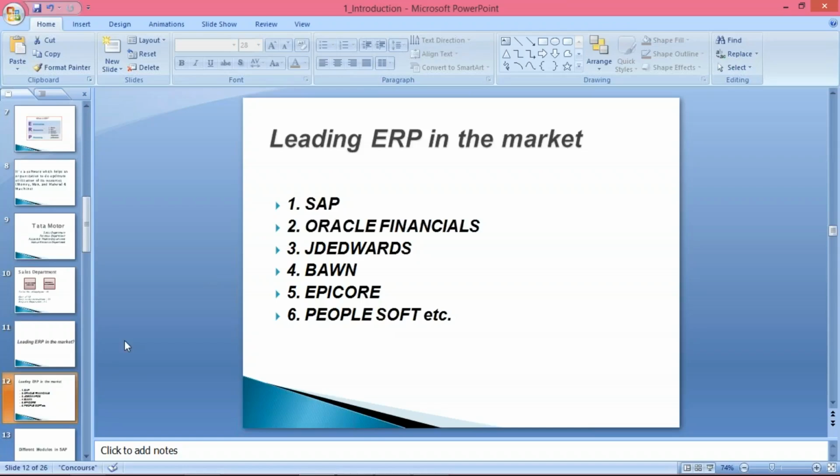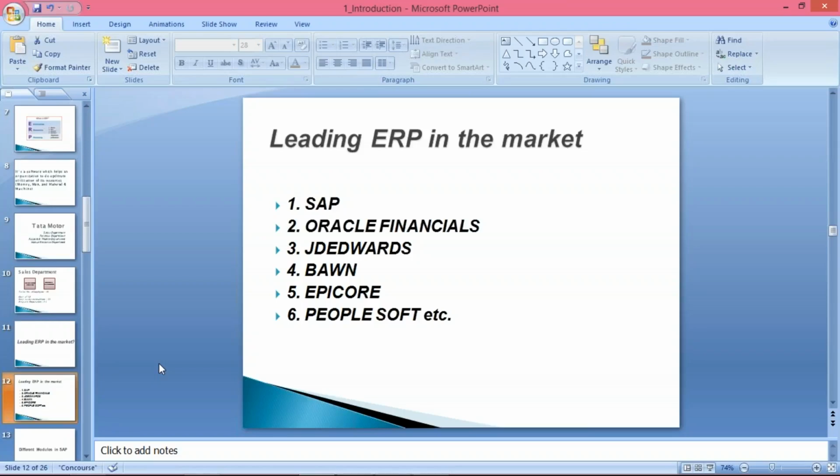Now, if you talk about SAP, what are we going to do? We are going to learn SAP itself. But that doesn't mean you are going to learn the entire SAP. SAP is just like an ocean. SAP is not a small thing.